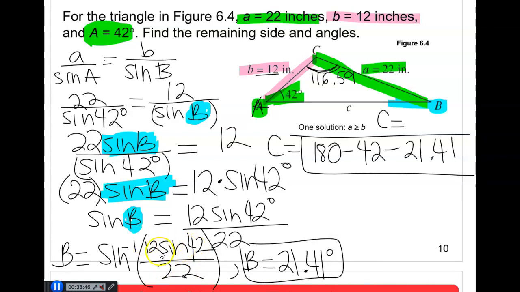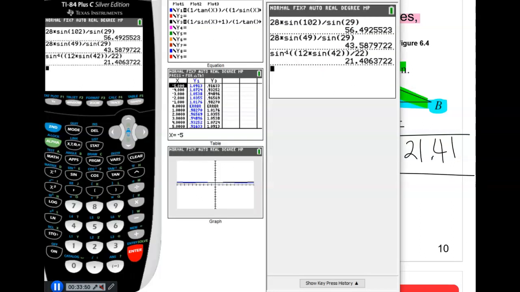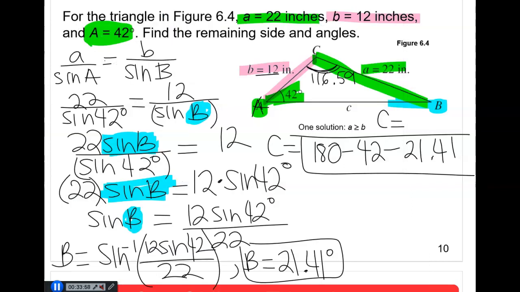I just want to make sure I enter everything correctly. So I had to enter sine inverse of 12 times sine of 42 divided by 22. Okay, so yes, it is correct. And you could see that this angle is obtuse, definitely greater than 90. So now the only thing that is left for us to find is going to be side C. So for that, we're going to use the